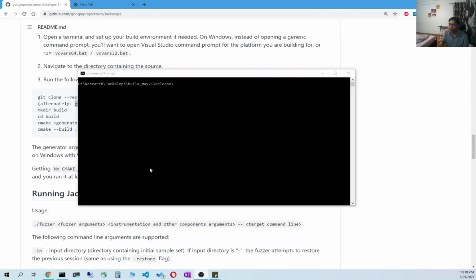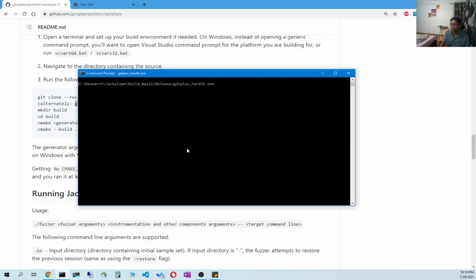And now that we have compiled our Jackalope fuzzer, let's go ahead and fuzz our GDI harness. So make sure to compile your GDI harness. It will create an exe file, something like this. I will show. And since we are not giving any argument, it will basically give us this usage message that you either use -f for file mode or -m for the shared memory mode. And the first function offset is 1080. It is actually not the main offset, it's actually the offset of the fuzzme function.